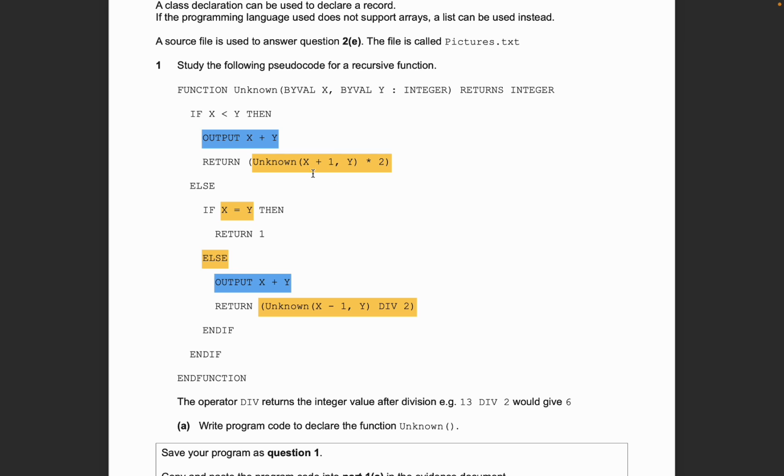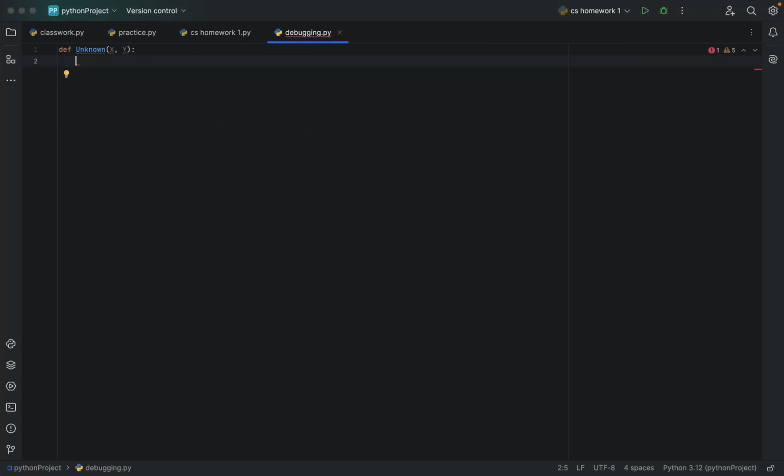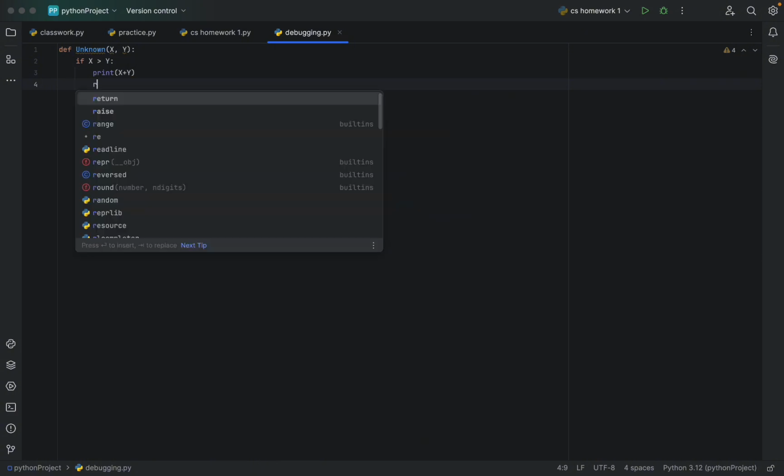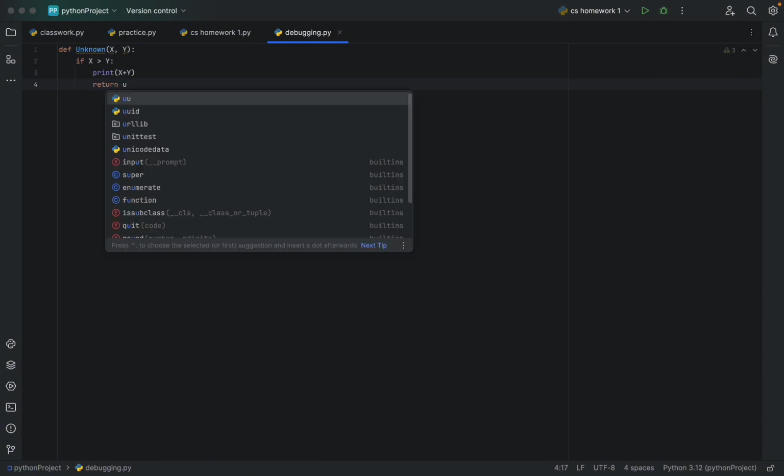Now it's saying that if x is less than y, then output x plus y and return unknown x plus 1, y into 2. Okay, so if x is greater than y, then print x plus y and return